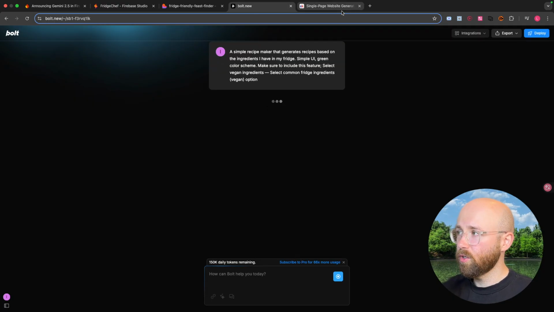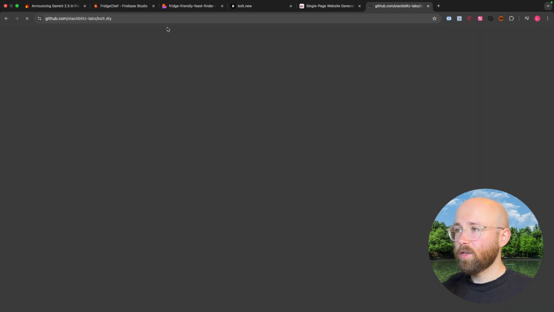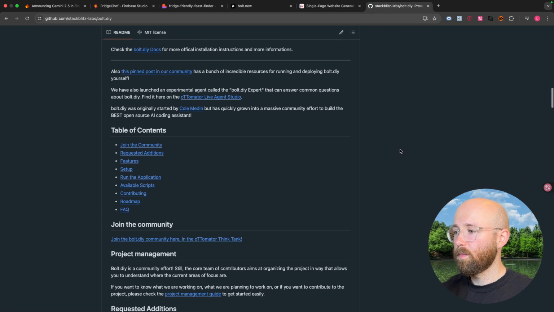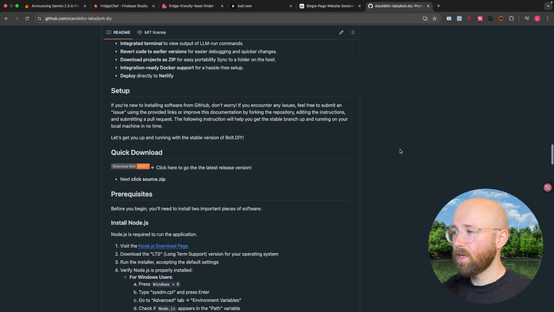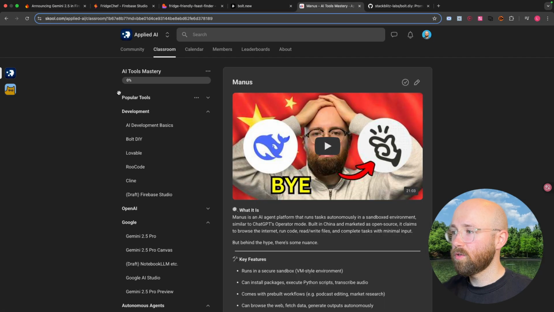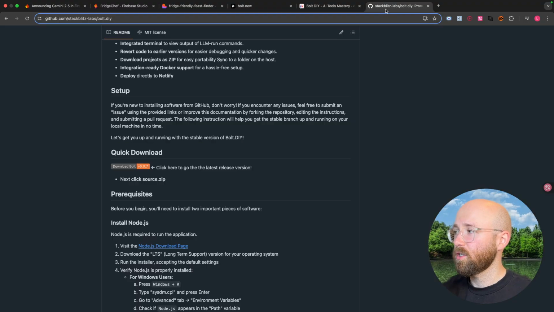Though the cool thing with Bolt is you can go to bolt.diy. So bolt.diy, you can actually run Bolt yourself. Now this looks complicated, I promise you it really isn't. We cover how to do it inside of the school community, so inside of Classroom, AI Tools, and bolt.diy. Bam, in there. But essentially what you do is go to bolt.diy and download, and that will allow you to